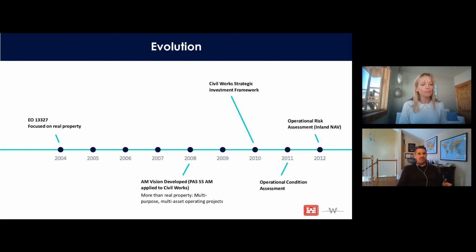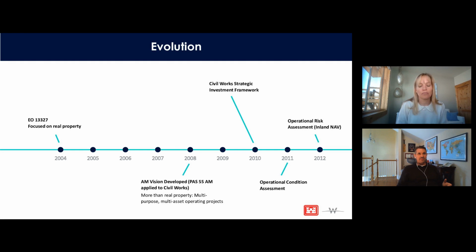So the application of asset management principles per se. I mean, the agency has always managed assets, but to think of it as a deliberate practice, a set of approaches to deriving value, it really began with the executive order that Emily mentioned back in 2004, and the focus was on federal real property. But it got the executive agency thinking about collecting and reporting information about their assets in a more deliberate way. And then a few years went by, 3 or 4 years,